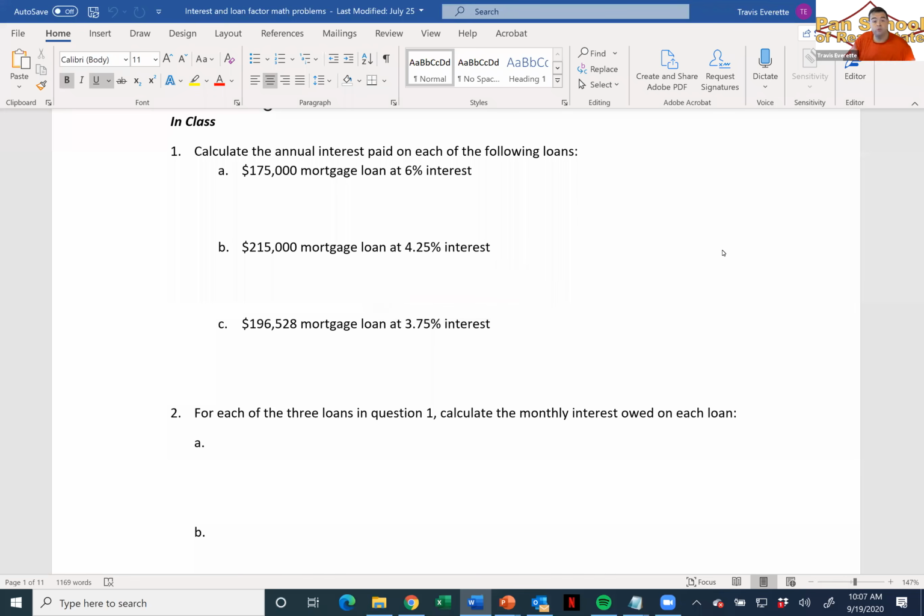You have interest due on a daily basis. Every day, the loan balance, if you were to pay it off, is increasing. Even though the principal amount is staying the same, the payoff is increasing because you're adding interest to it every day. And so accrued interest just means the interest that has built up since the last payment. Because every time you make a payment, you pay the interest down to zero.